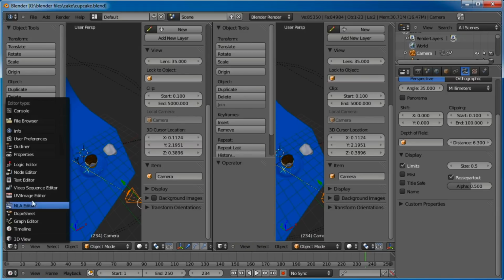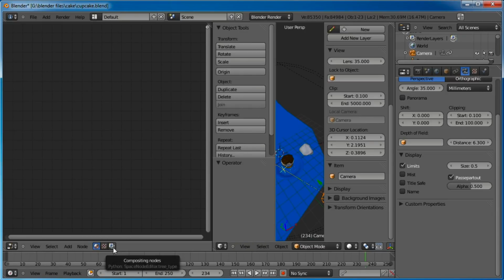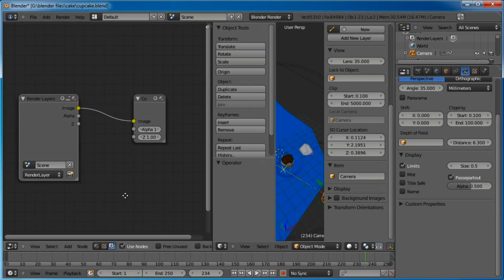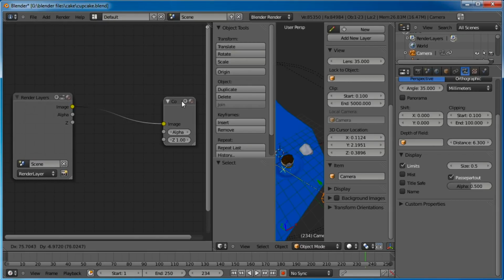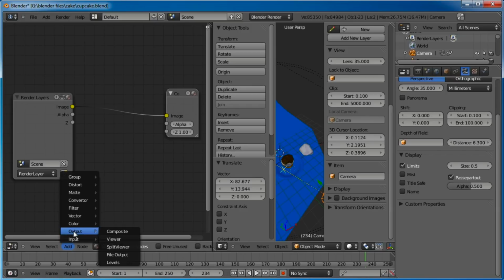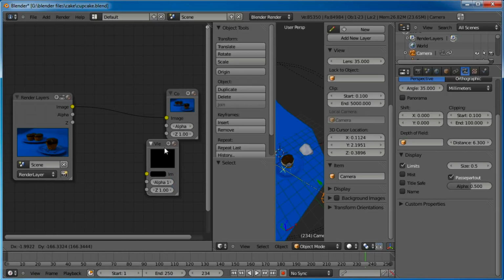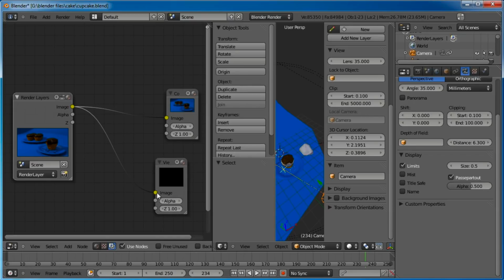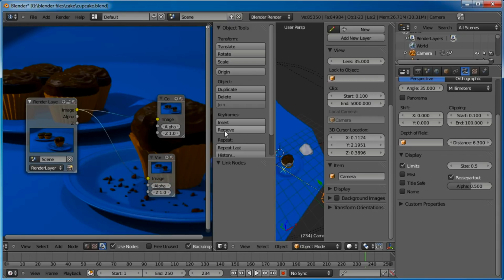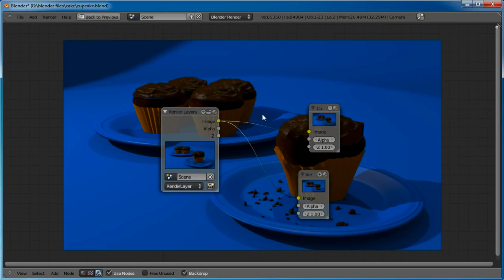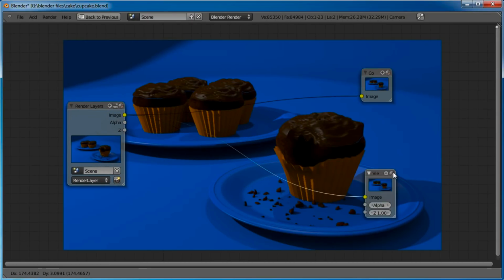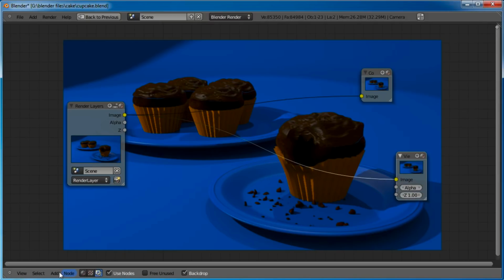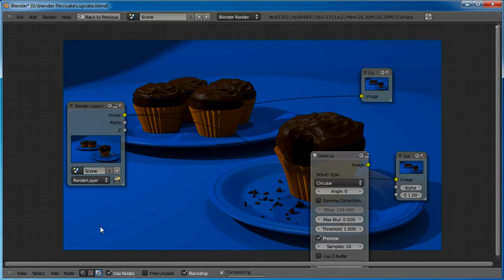So in this window we'll go to our node editor and turn on the compositing nodes, use the nodes. And let's add an output viewer so that we can see our result. Connect the two nodes there, and let's turn on backdrop so we can see it in our background window here. And you know what, let's press shift space and make this our whole window, and let's add a vector, I guess it's going to be a filter, and it's going to be defocus,